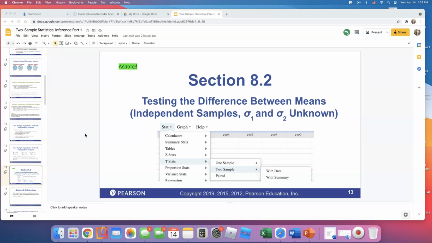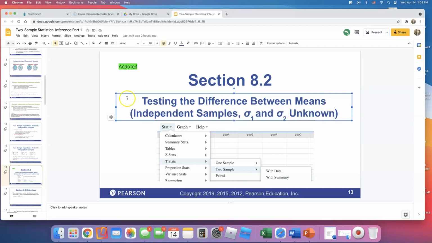In this video, we will go over section 8.2, testing the difference between means for independent samples when the population standard deviations are unknown. So if you don't know what the population standard deviations are, you have to go with the t-test from chapter 7, right? So we're not doing any Z-test in chapter 8